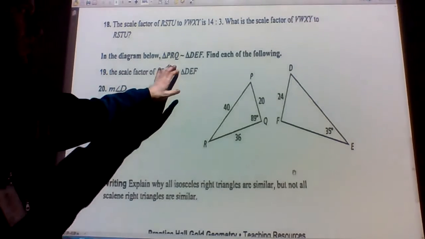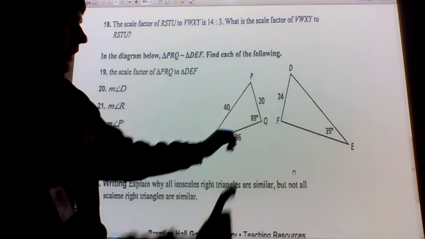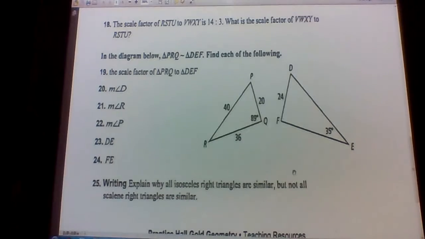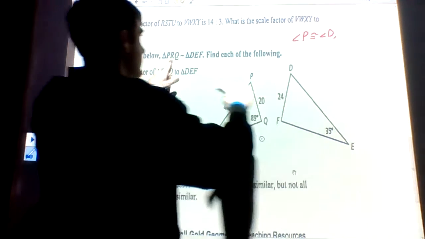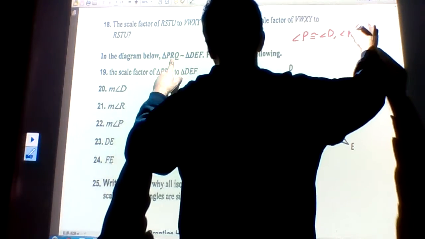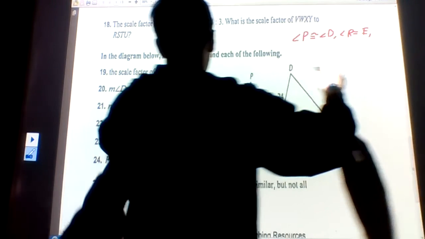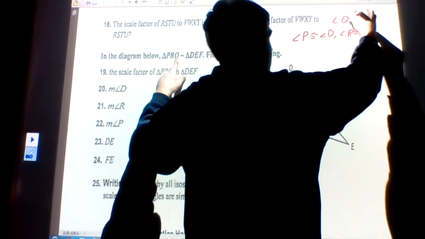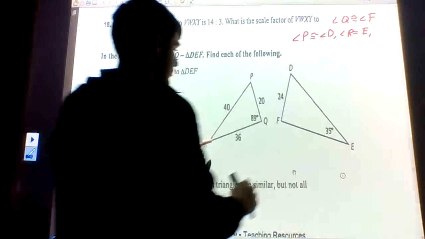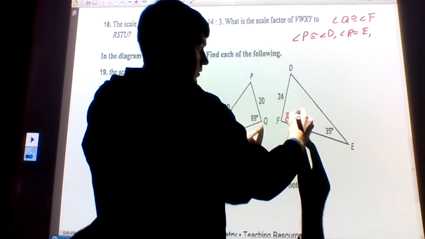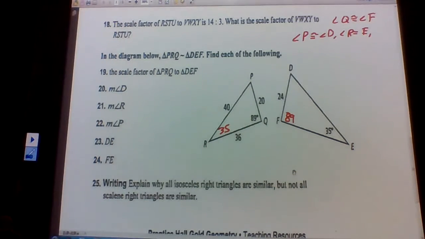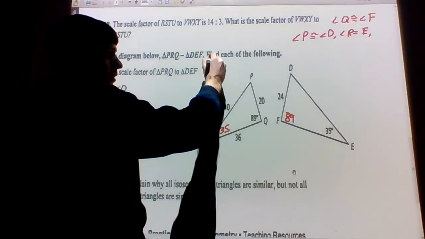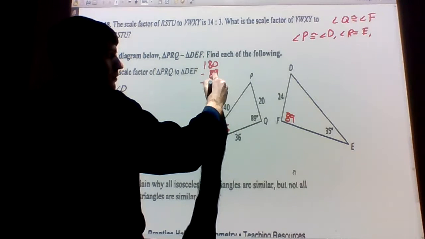Okay, here we have triangle PRQ is similar to triangle DEF. So we know our angles are congruent, right? We know angle P is congruent to angle D. Okay, we know angle R is congruent to angle E. And we know angle Q is congruent to angle F. So since Q and F are congruent, this is 89. Since these are congruent, this is 35. We know the three angles of a triangle add up to 180, so we can do 180 minus 89 minus 35,